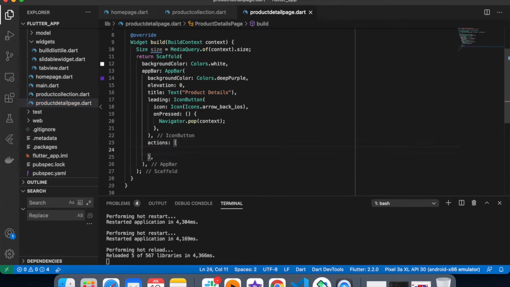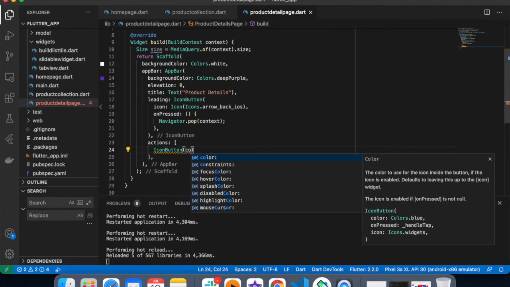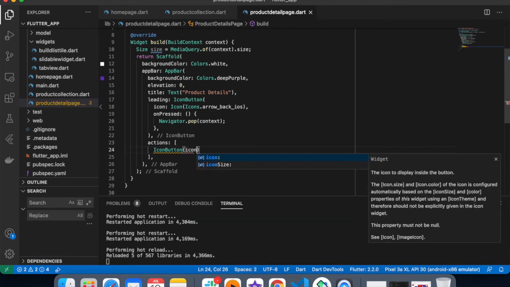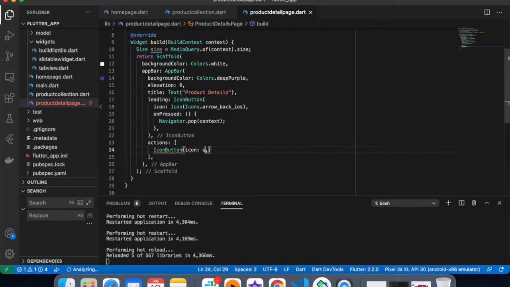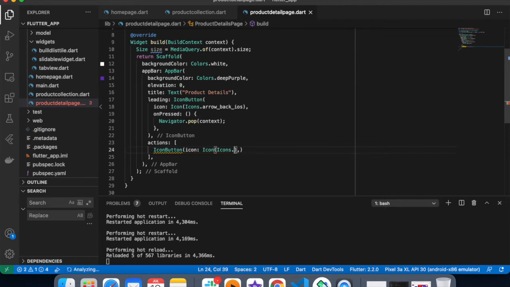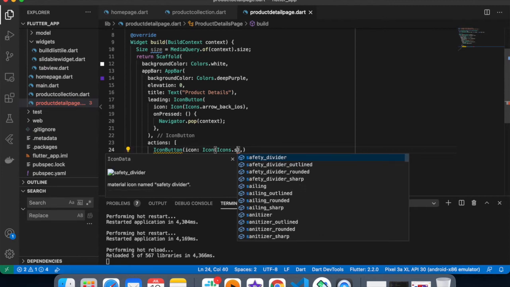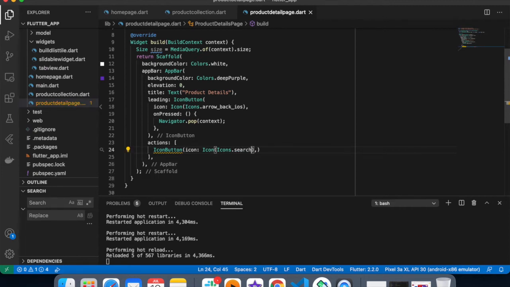And let's add some more button, icon button. Icon, icons dot add to cart or search, and the color will be white.